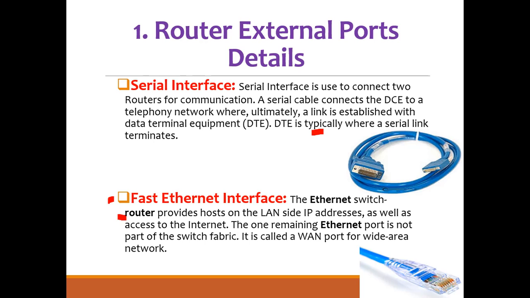Now, it is saying that if in the serial you want to connect from serial to another router, serial to serial, then on this serial port you have to configure an IP address, and here also you have to configure an IP address from the same network, same LAN, then they can communicate. So fast Ethernet is also used for connecting router to router, router to switch, and router to PC.